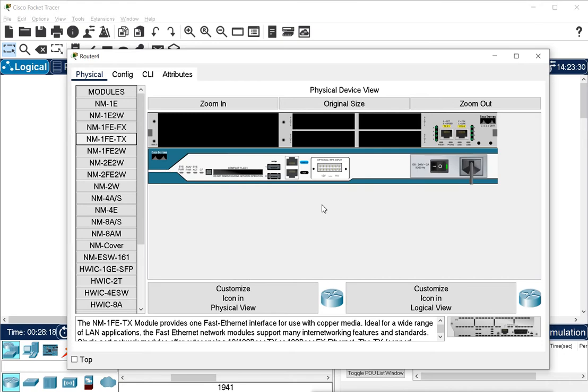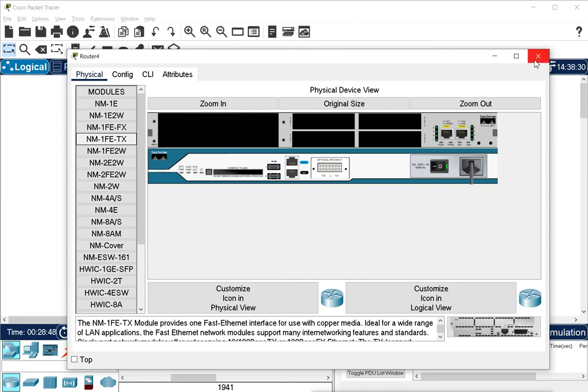So there are different modules available to add into it. Then one more thing is here, it is also giving you the optional input for the power. Like this is the main power supply, and it is giving you the option to add the backup power supply also. Like we can add the battery directly, we can attach the battery power for this. So if the main power goes down, it can still have the backup power, so it will still be running. So it gives you that option also.